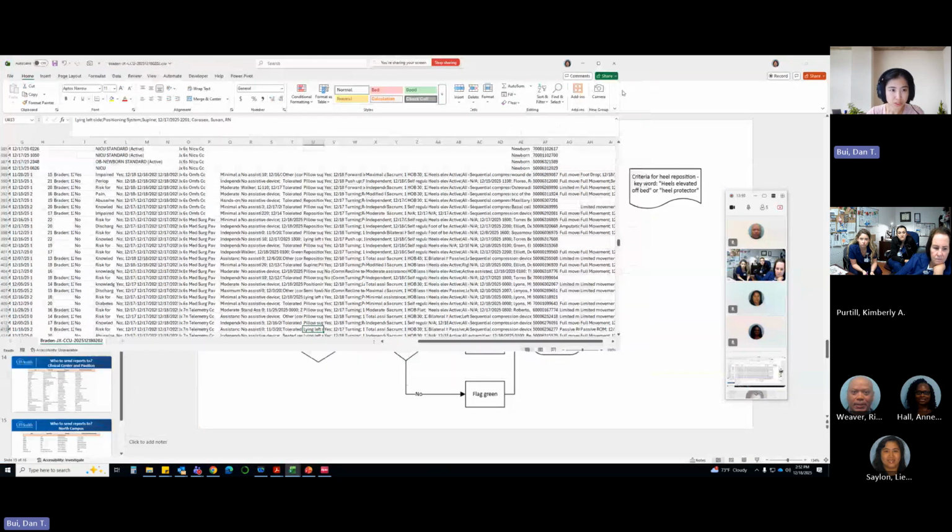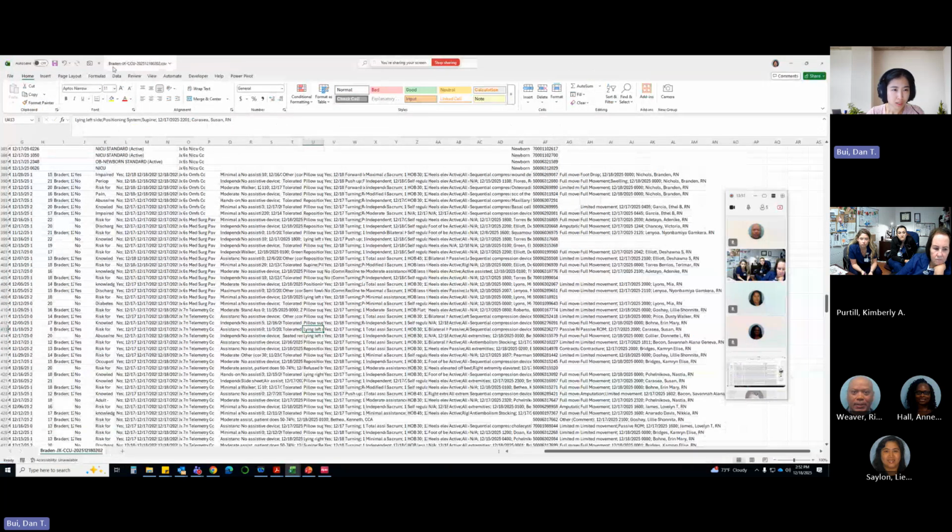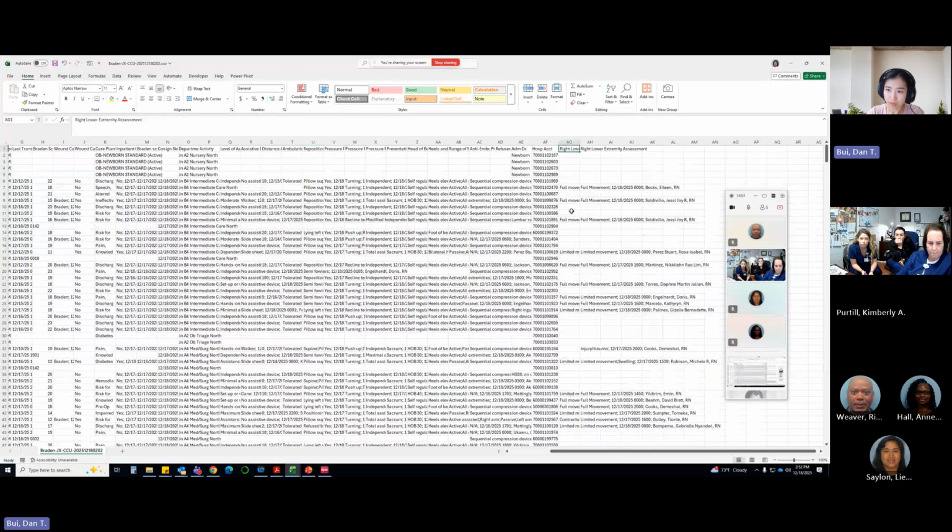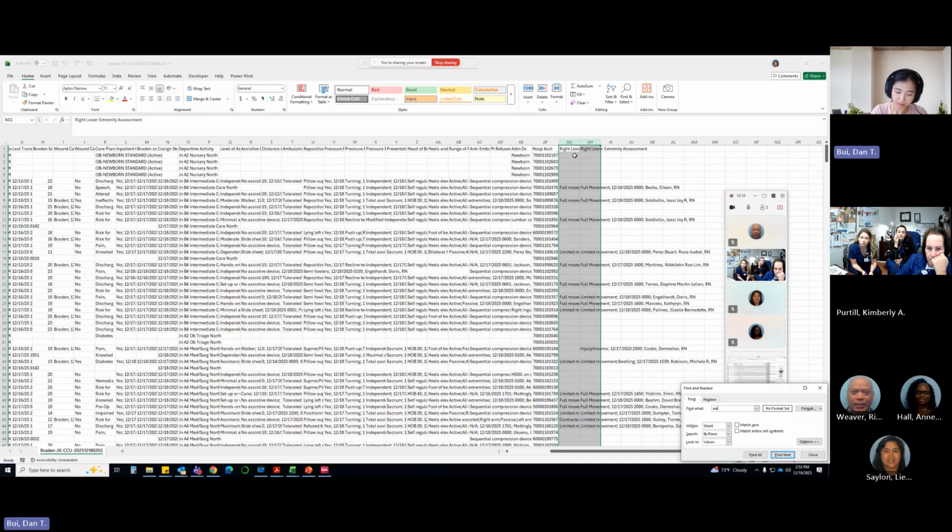So I look into the flow sheet. I have this Braden Jack CCU flow sheet flowing from the Epic report. It has been set up so that I have this right lower extremity assessment. The title is named incorrectly, but this is right lower extremity and this is left lower extremity assessment. You see how, if they were to be amputated, there would be a word that said amputation.